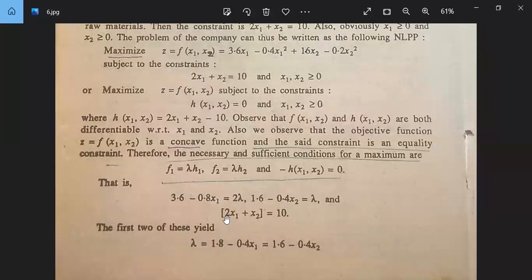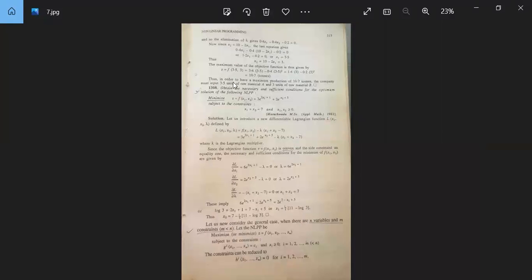तो ये हमारे पास तीन equations हो गए। The first two of these yield, first two को जब solve करेंगे हमको मिलेगा lambda is equal to 1.8 minus 0.4 x1 and this is 1.6 minus 0.4 x1, ये मिला।